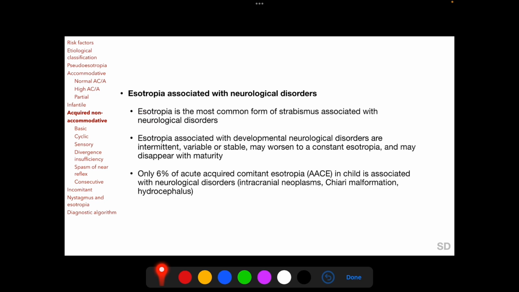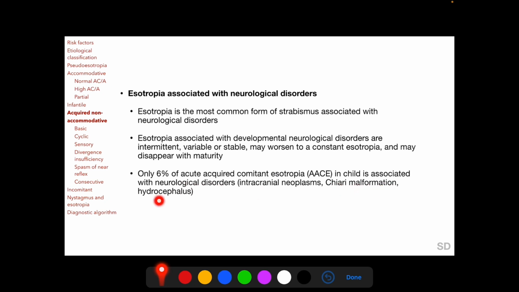Esotropia is the most common form of strabismus associated with neurological disorders. Esotropia associated with developmental neurological disorders is usually intermittent, can be variable or stable, may worsen to a constant esotropia, and may disappear with maturity. Among children presenting with acute onset of acquired comitant esotropia, only 6% have associated neurological disorders such as intracranial neoplasms,